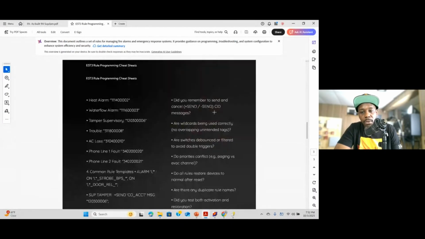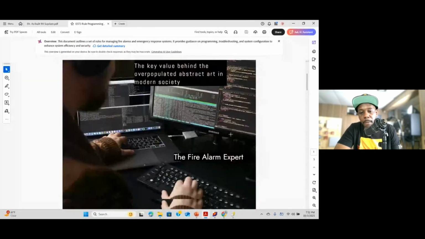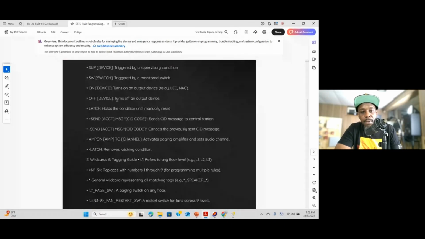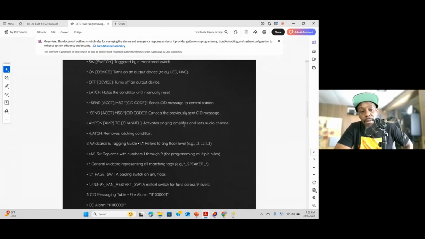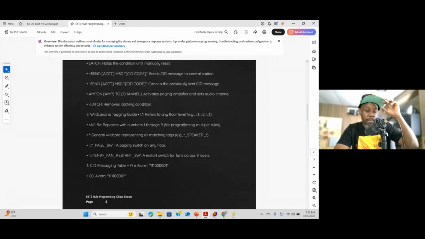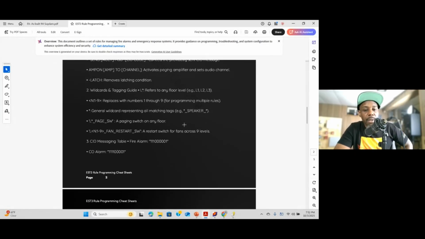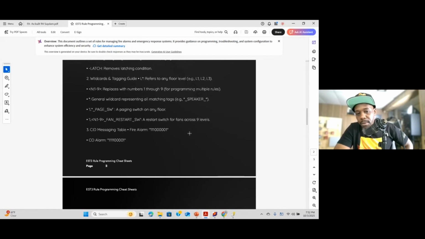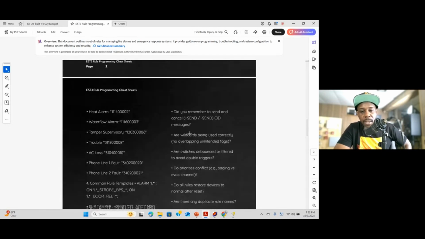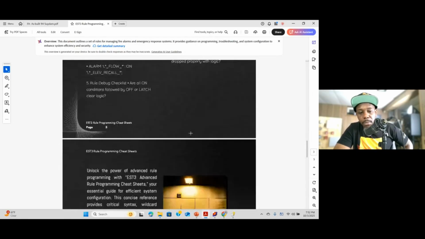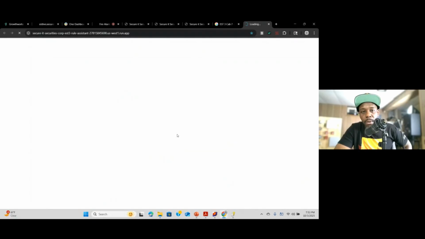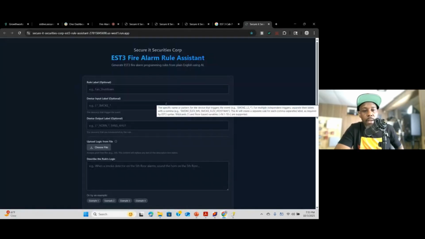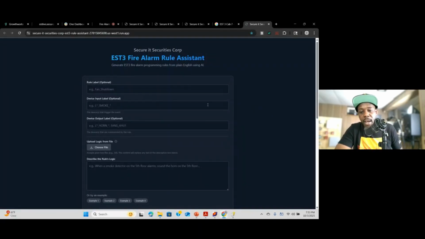All right, so the last thing is this here. You can download this programming cheat sheet. Got some of the rules in here, some of the qualifiers, the input activations or input events. We'll get into the Modcom too. It's not that hard, but it's easy to understand. That's coming up. These are all what you get in a cheat sheet here. And when you click the link down, it takes you all the way over to the Rule Architect. All right, so you'll always have access to this.